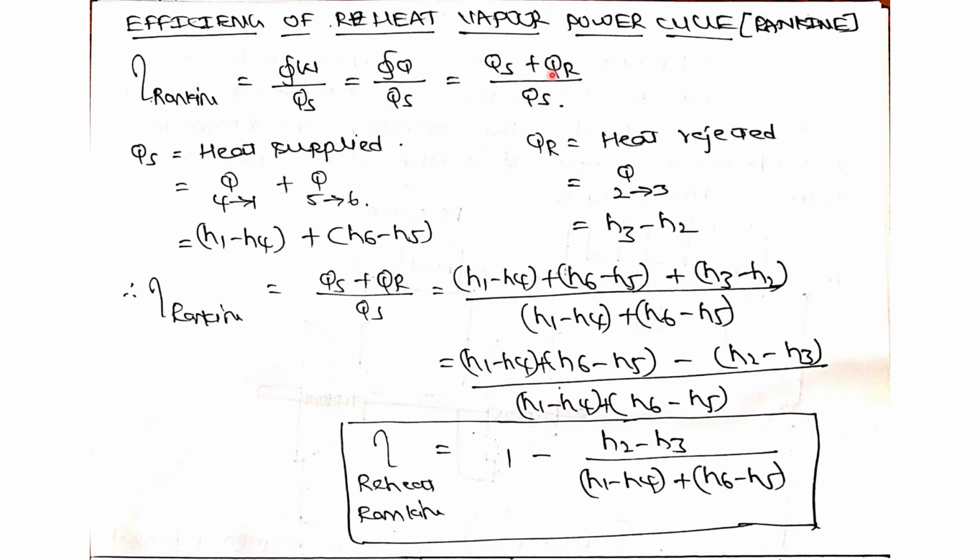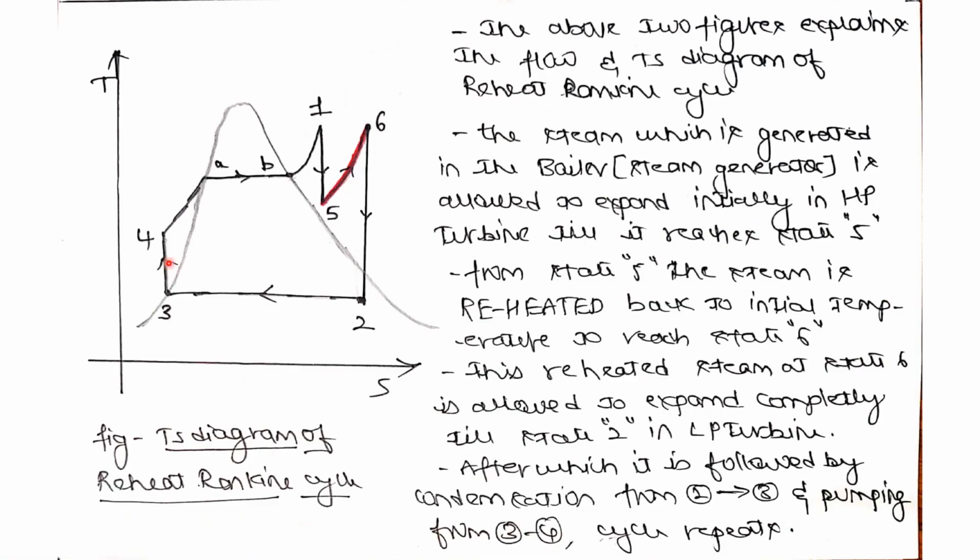Again, you will be calculating the heat supplied. How will you calculate it? It is 4 to 1 and 5 to 6, because you are reheating from 5 to 6. The total heat added from 4 to 1 is added in 3 different processes. Once again, I am repeating it. 4 to A is an economizer, where your subcooled liquid gets transferred into saturated liquid. You are heating so that the temperature of the liquid reaches 100 degrees Celsius